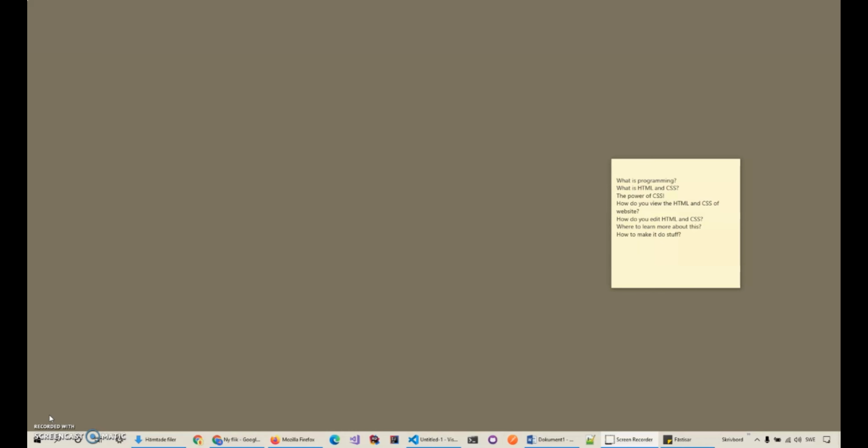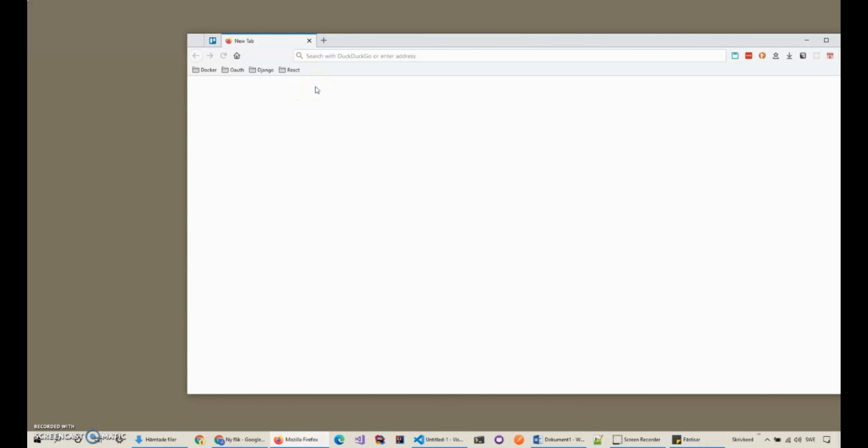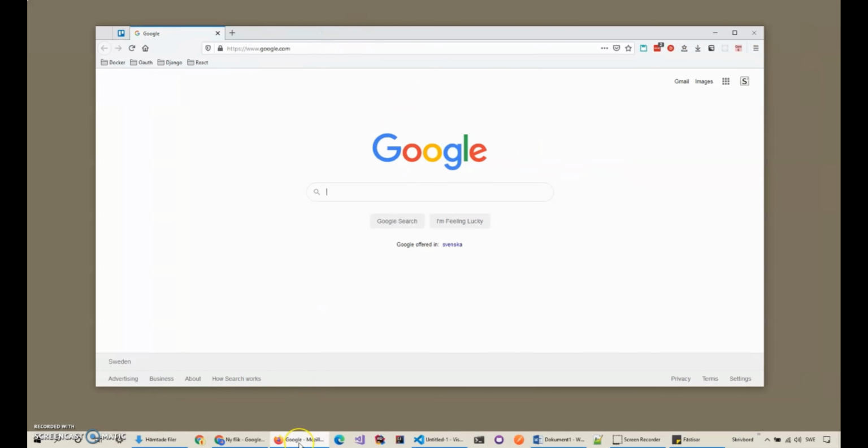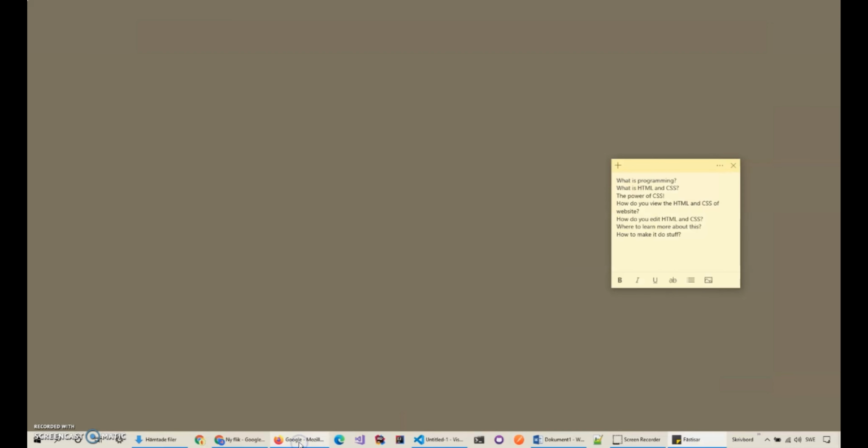And the way you do it is you have languages, just like we have human languages like English. So HTML and CSS are two languages that are used in the browser. A browser like maybe Chrome or Firefox or Microsoft Edge. When you go to Google, for example, this page is made of HTML and CSS and JavaScript.